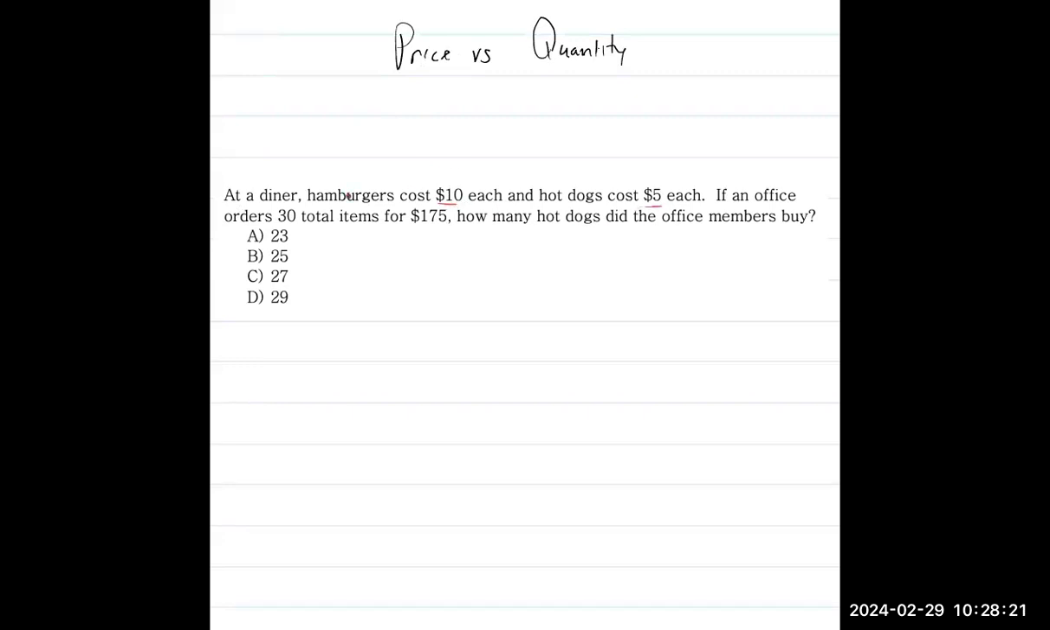So here we're seeing that the hamburgers are $10 each, the hot dogs are $5 each. So we're given the price of each. So that tells us now that we can make our X and Y the quantity of each. So X can be the number of hamburgers, Y can be the number of hot dogs,